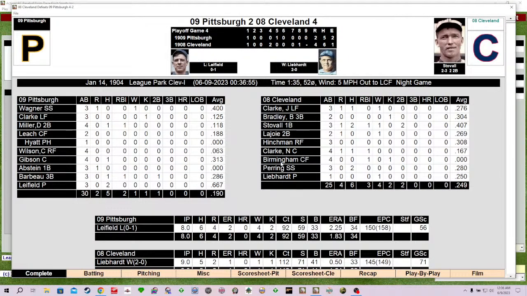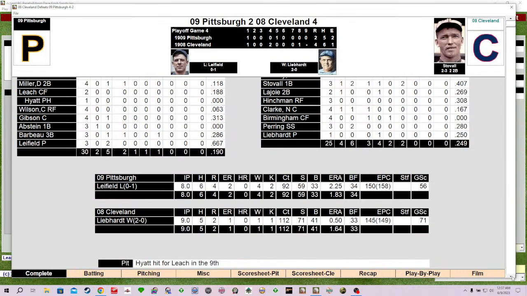Quick recap of the game. Absolutely no highlights for the Pittsburgh Pirates. George Stovall goes 2 for 3, including 2 doubles in the game. Lefty Leafield will go back to the Steel City, 0-1 record in the tournament, and Glenn Liebhart goes to 2-0. So, not really a very remarkable game. Not really any dominant pitchers. No dominant pitching at all. Lefty Leafield managed to strike out 4, but in a losing cause. Liebhart letting defense do the work for him.